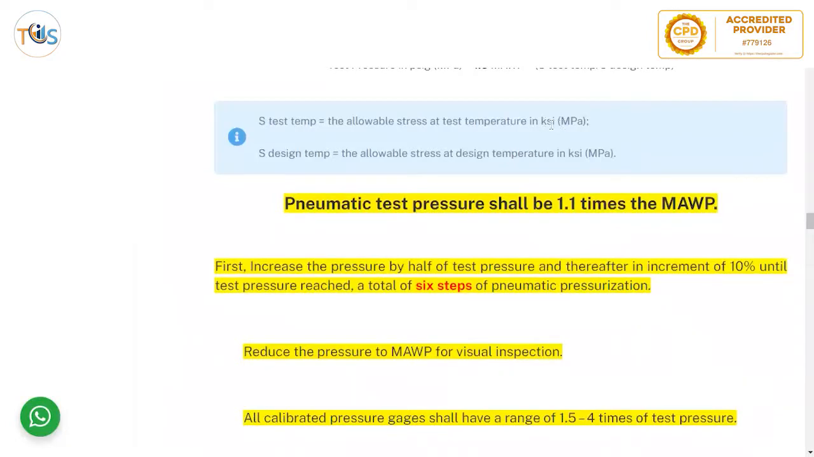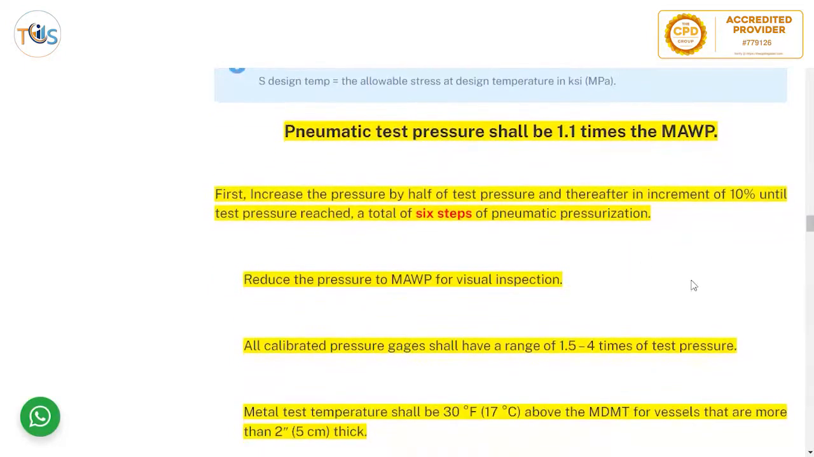KSI means 1000 psi, and MPa means megapascal, so it could be given in either way. Pneumatic test pressure shall be 1.1 times the maximum allowable working pressure. If for any reason you can't do a hydro test, under exceptional circumstances they do a pneumatic test,